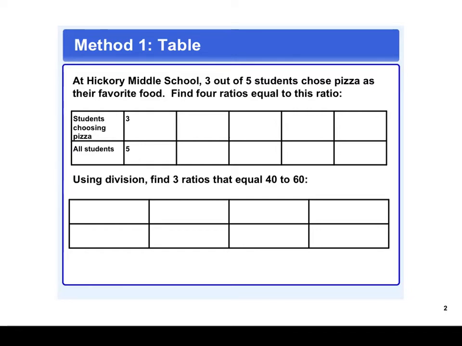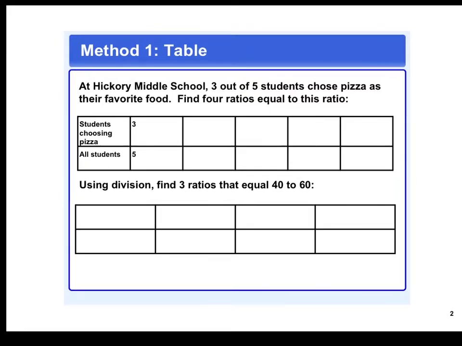At Hickory Middle School, it says 3 out of 5 students chose pizza as their favorite food. We want to find 4 ratios that are equal to this ratio. Again, this is just a way to help us organize what we have. So if I'm looking for an equivalent ratio, I want a ratio that names the same number. So whatever I do to the top, for example, let's say I do 3 times 2